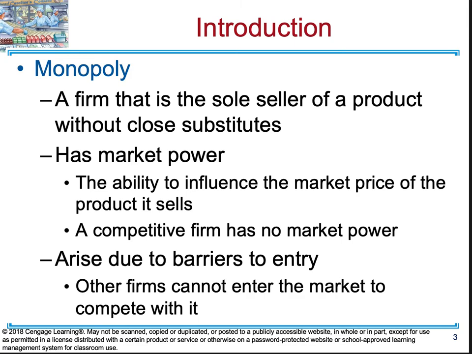Also, another key thing is that monopolies arise because of barriers to entry. That's a big thing. Anytime you see BTE, that stands for barriers to entry. This is basically preventing other firms from entering or exiting the market. When you have barriers to entry, you're reducing competition, and if you reduce competition, you'll gain monopoly status. An example would be that not everyone can become a lawyer overnight. You need to get into law school, pass the bar exam, and so forth. These are essentially rules and regulations to prevent people from entering these markets.